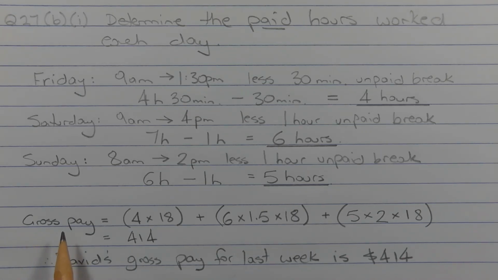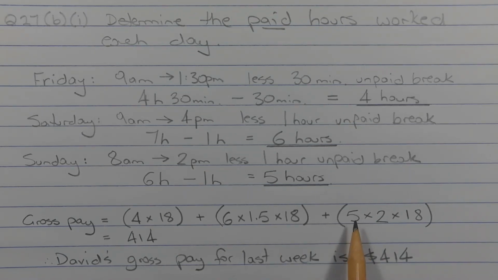Now to work out the gross pay, we'll start with Friday. David worked 4 hours at $18 per hour, that's the weekday rate, plus 6 hours on the Saturday at time and a half, which is why we multiply the 6 by 1.5, multiplied by the standard weekday rate of $18 per hour,